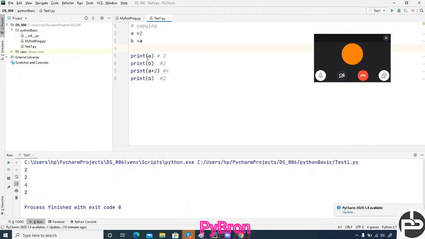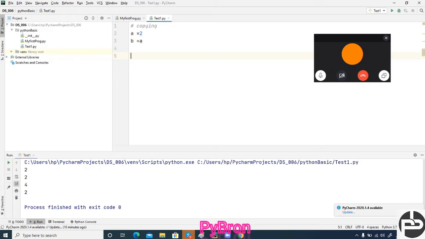See, initially A is equal to 2 and B is equal to 2, okay, here we are getting 2, 2. Now I added A plus 2, and the new value of A becomes, not A becomes, see, still A is 2 only. We just added the 2 to the 2, so that's what we are getting, 4. But what is the value of B? B is A itself right now. It's 2 only. Okay. Now up to this, no doubt, right? That's what it's coming to. Okay. No worries.